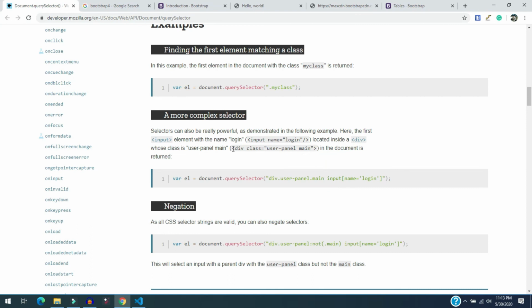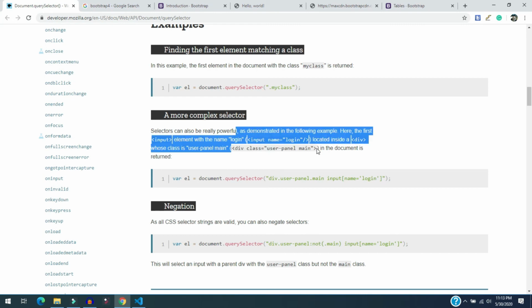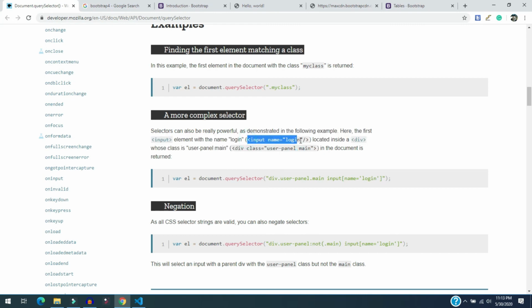Since within this div tag the input tag is there, now the input got selected. And if there are lots of input tags within this division and you want to select only this particular input tag where the name is login, that's why we have provided name equal to login. In this way the selector is working.